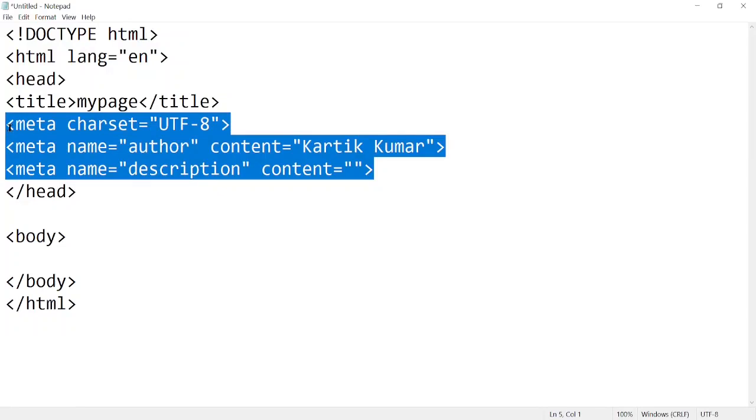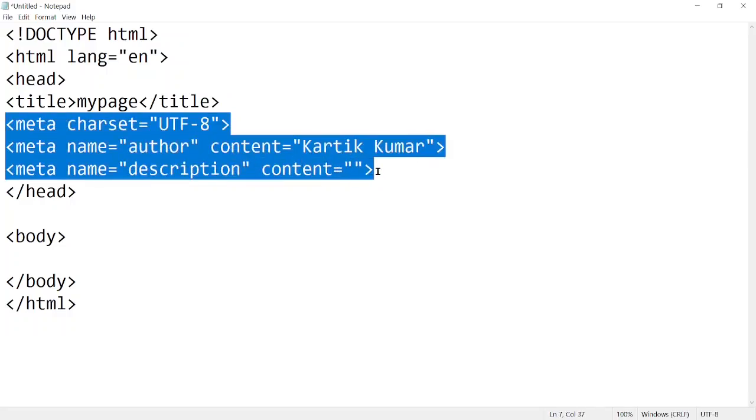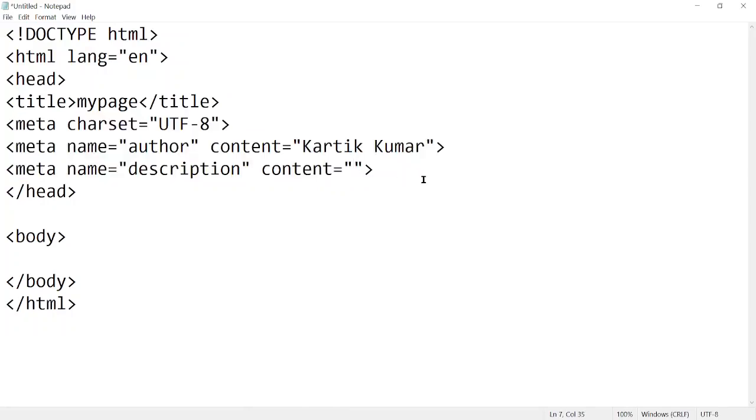You can also load any website, go to inspect or view source, and you will see these tags written there. But these things have no effect on your web page, and I will show you after we complete this. So I will come in the content and write about my website, for example, this is my website. Now this is just a dummy thing, but you have to write actual things about what your website is all about.